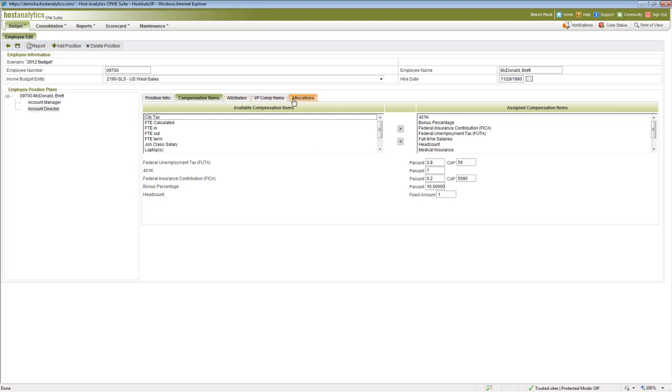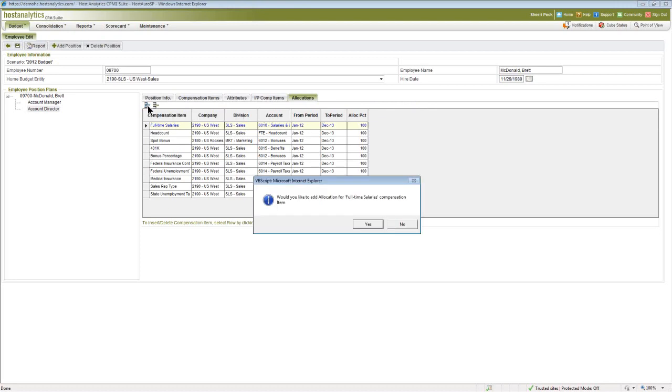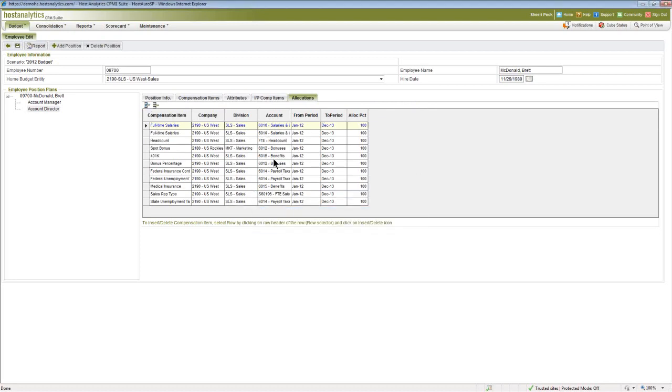I have the ability to also allocate information. Let's say that I wanted to charge someone's salary across several departments, or let's say 2 departments. So Brett is not working all on sales, and let's say that we'd like to have him charge some of the salary to admin.